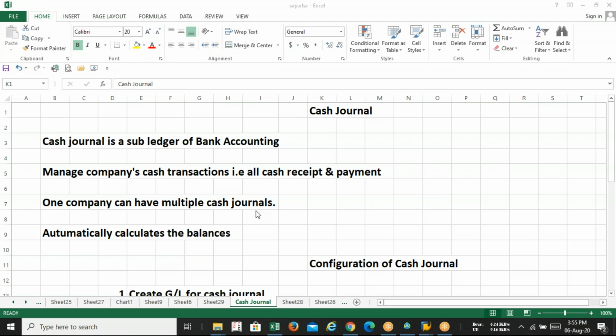ITC has its head office in Kolkata, and ITC has two different branches. One is in Andhra, a place called Bhadrachalam, and another is in Bangalore. I do not know the exact location of the Bangalore address. So they have two different plants, one in Andhra Pradesh and another in Karnataka.